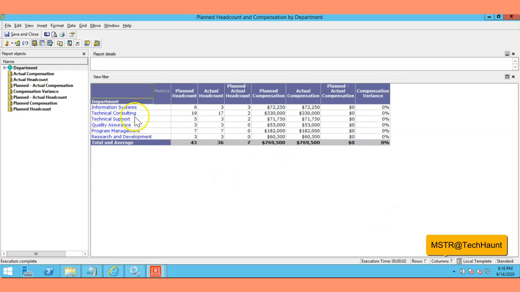Awesome. Now you can see the filter has been applied only on the departments which we added into the filter which we created just now. So we can see this time 7 rows and 7 columns because of this security filter, and we are getting only 7 rows because only the departments matching those in the technical departments in the security filter are going to be displayed in these reports, right?